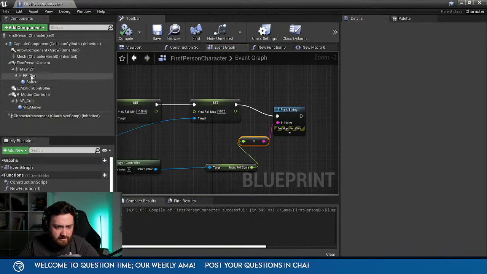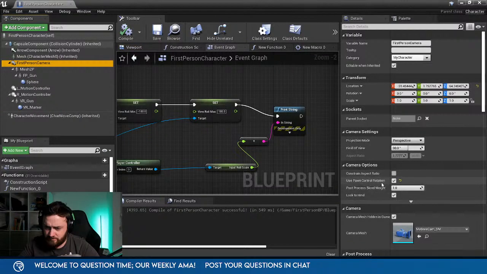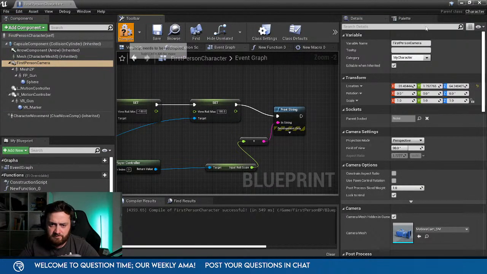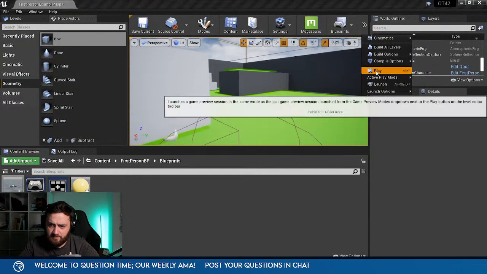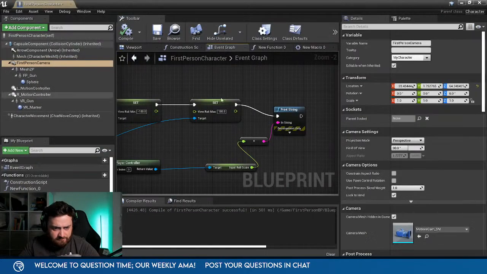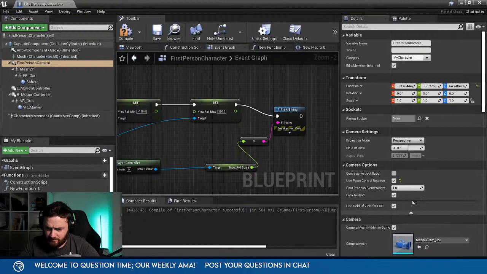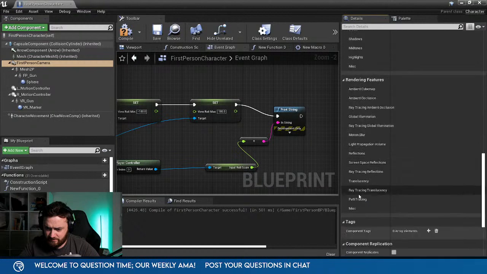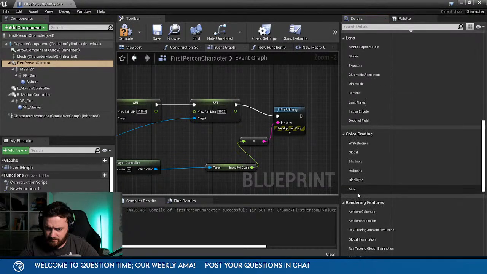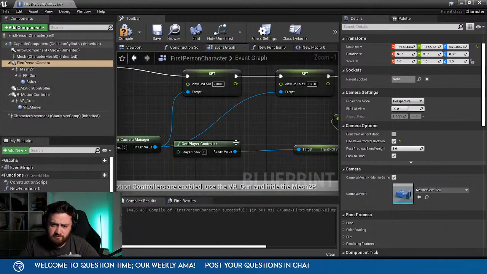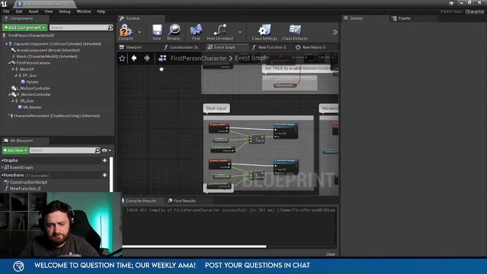Oh wait. Camera. I'm gonna turn off use pawn control rotation. That off. Do you want that? Is there a limitation on that? I don't know if the camera can do that. It'd probably be alright in third person.